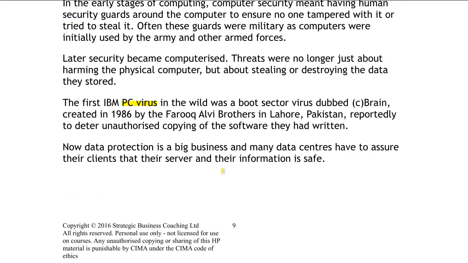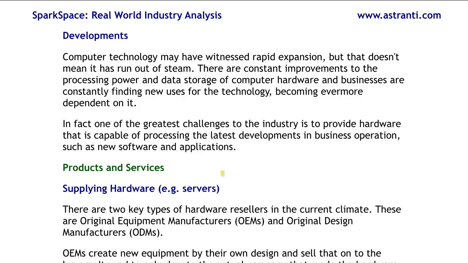Another key feature of the IT solutions industry is the developments that occur within it. Now, being a technology-led industry means that every time there's a new step forward in technology, a new technological advancement, the industry changes. One of the latest examples of this, and one that we'll talk about quite extensively later on, is the introduction of cloud systems or cloud data. And this has meant that a lot of companies have had to drastically change how their company works. But like I said, we will go into that in more detail later on.